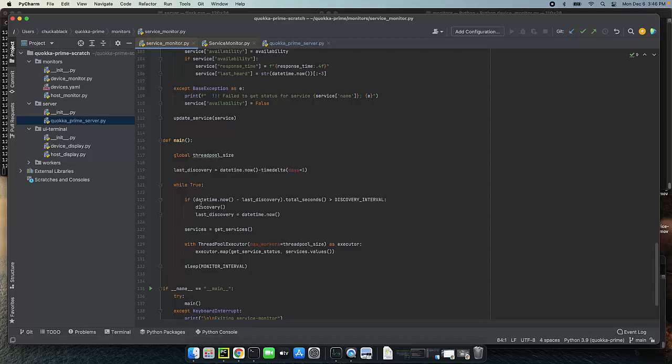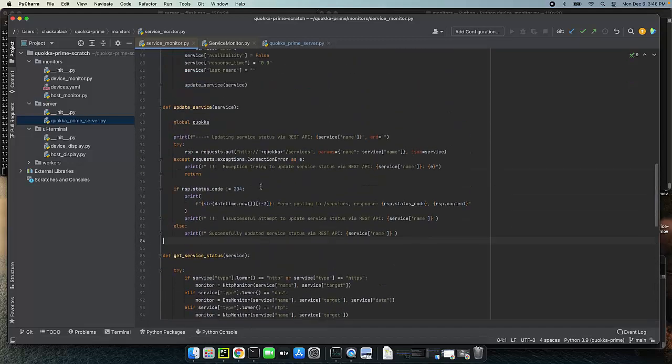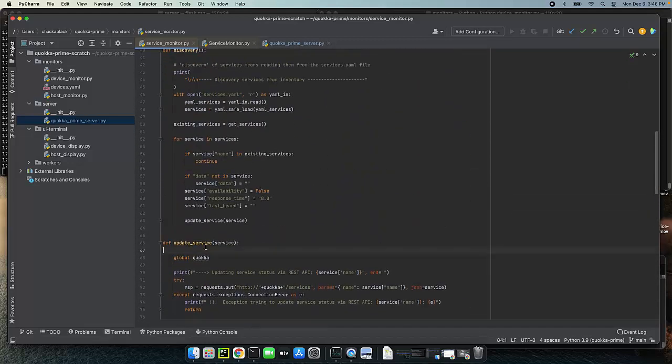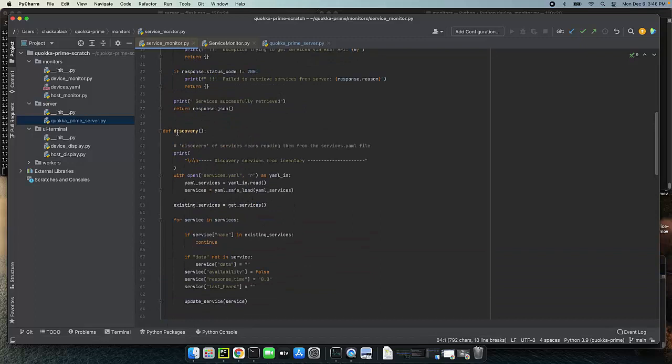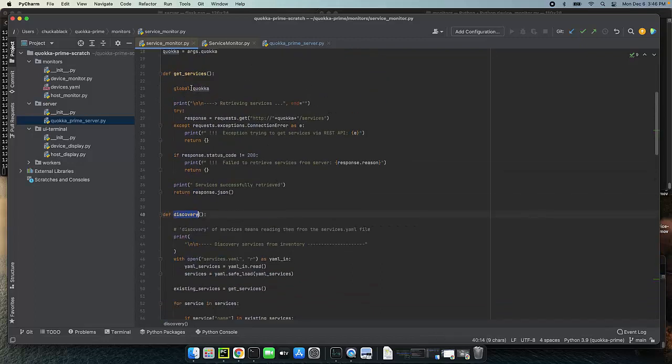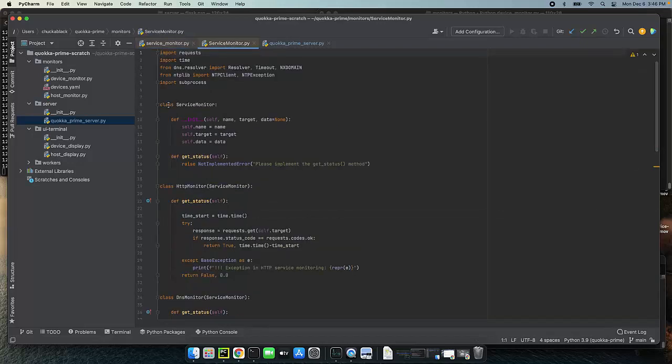But this is the loop here. This is the main program. So I've got update service, I've got discovery, and I've got get services. So we've got that. For the implementation of the monitoring piece, I've created a class called service monitor, and that